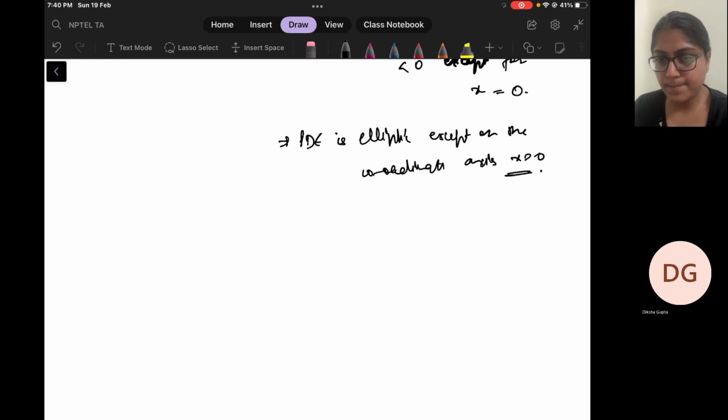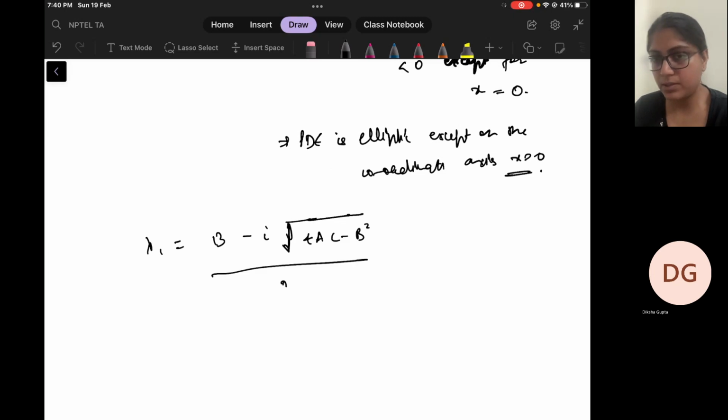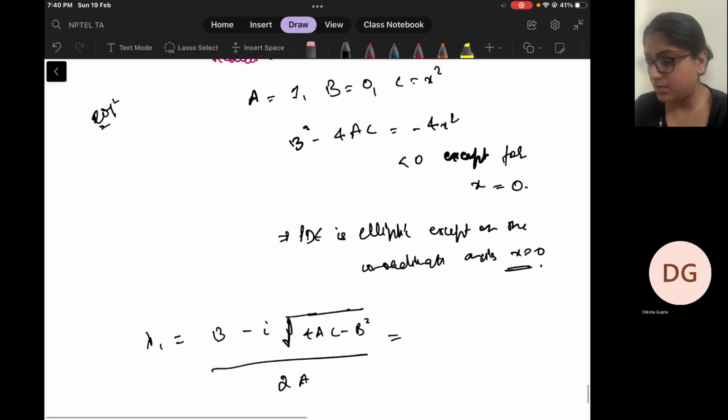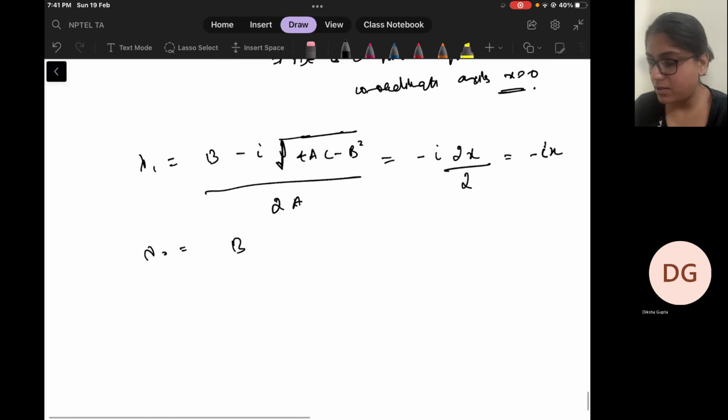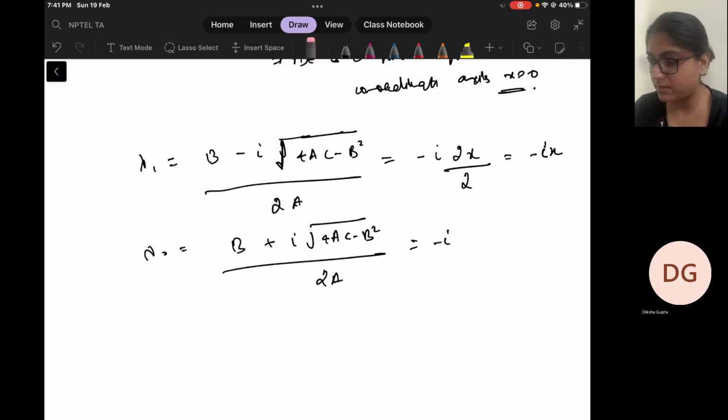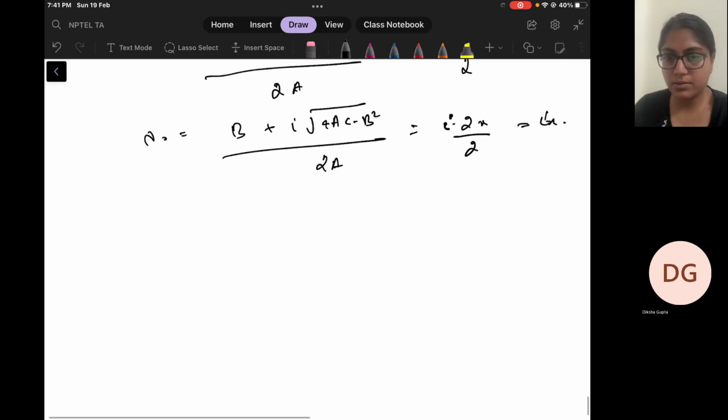Okay, so now we'll find the roots. So our lambda 1 will be b minus iota square root of 4ac minus b squared, over 2a, which is 0 minus iota into 4x squared root, which will be 2x by 2. So minus iota x, and the second root will be lambda 2 is equal to b plus iota square root of 4ac minus b squared over 2a. So plus iota into 2x by 2, which is iota x. So the characteristic equations are dy by dx is equal to minus iota x, and